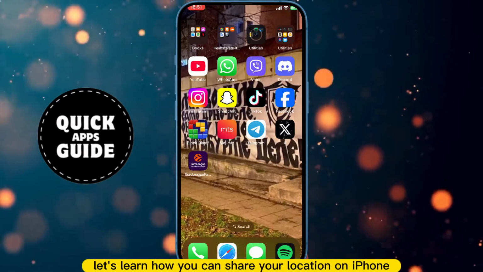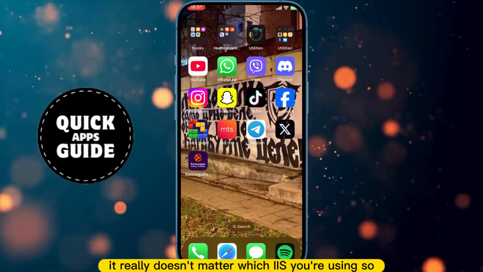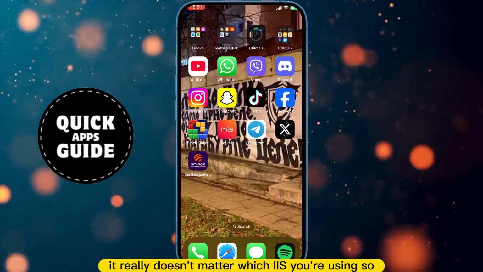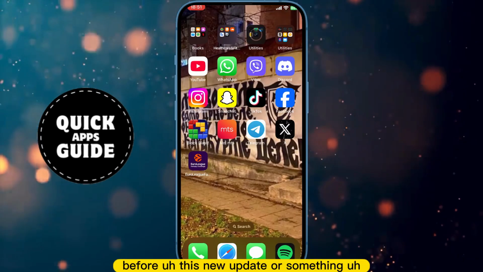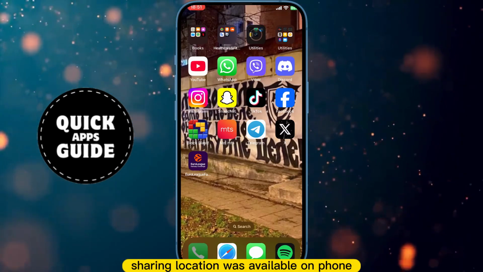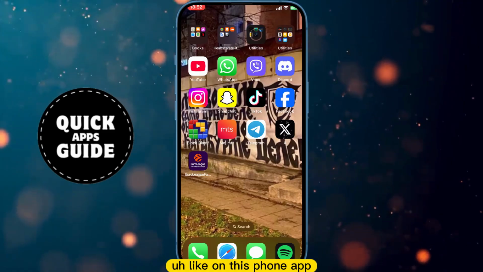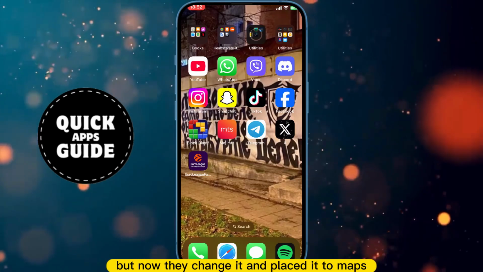Let's learn how you can share your location on iPhone. It really doesn't matter which iOS you're using. Before this new update, sharing location was available on the Phone app. But now they changed it and placed it in the Maps